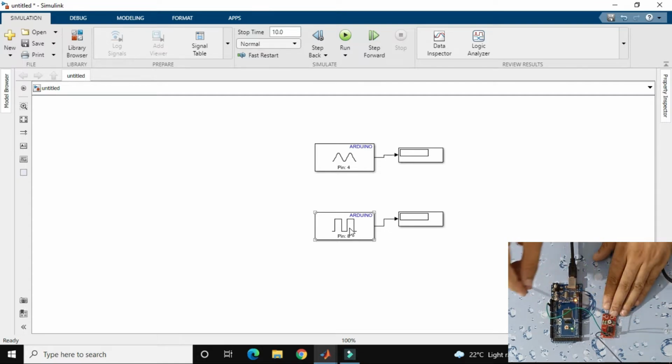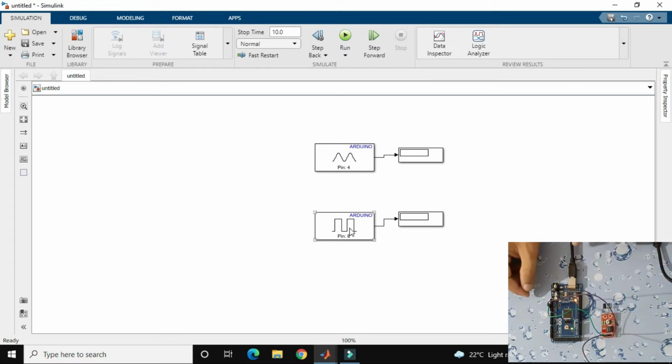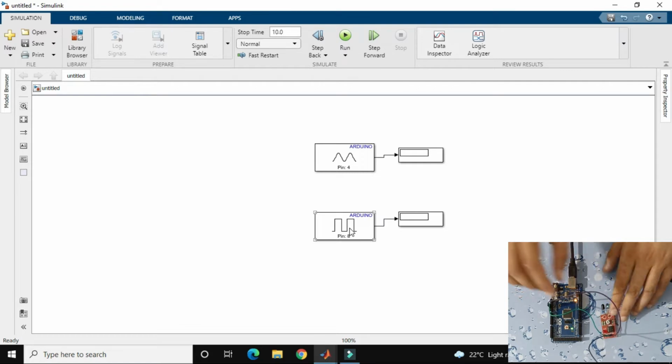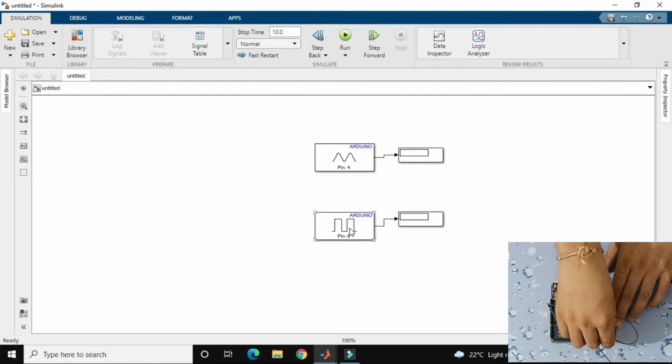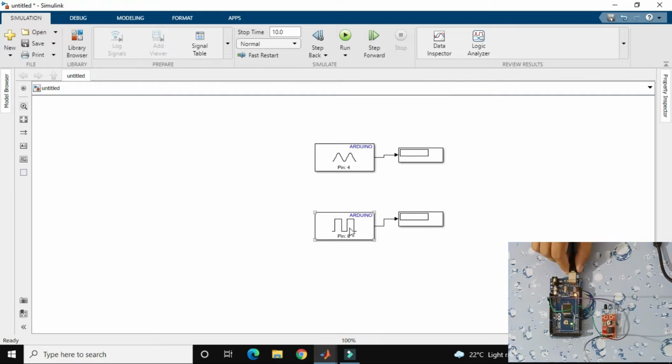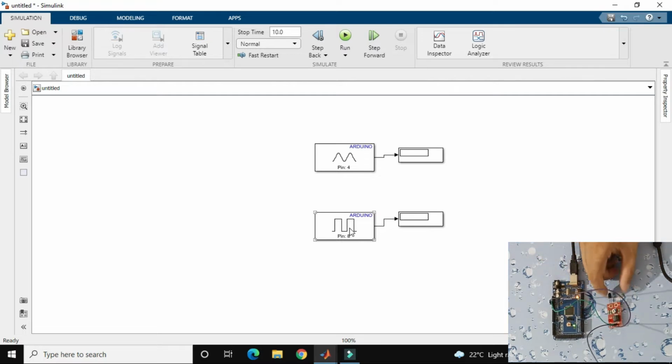The black one is my ground. As you see it is connected and it is working, and this is my signal pin.